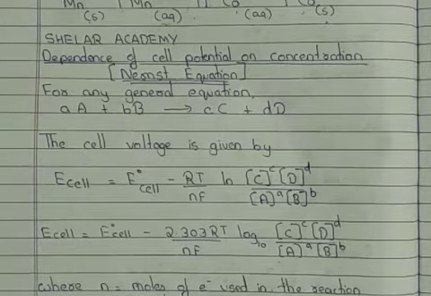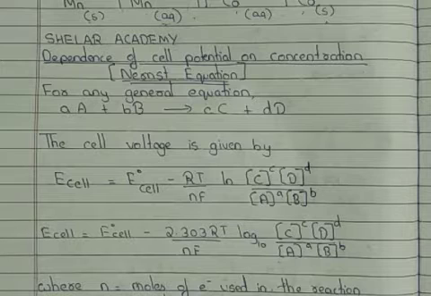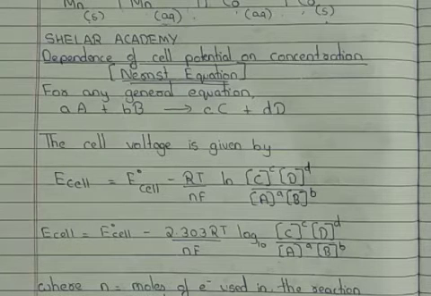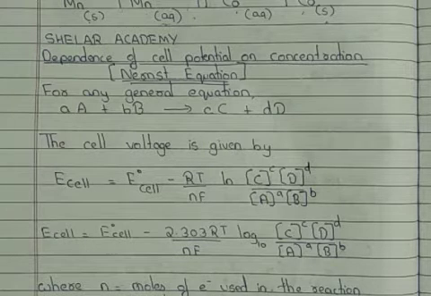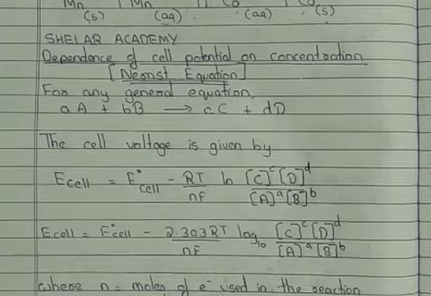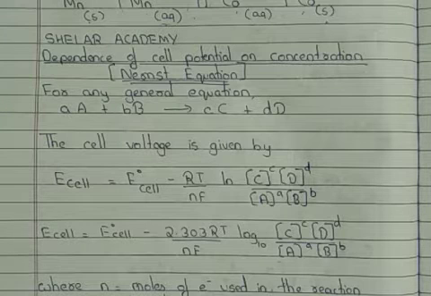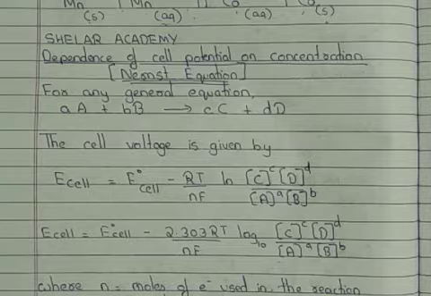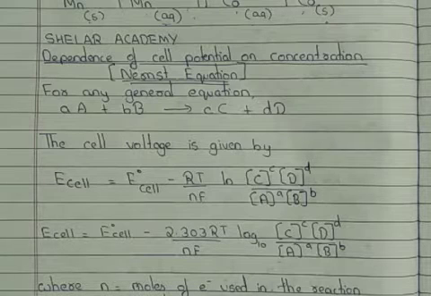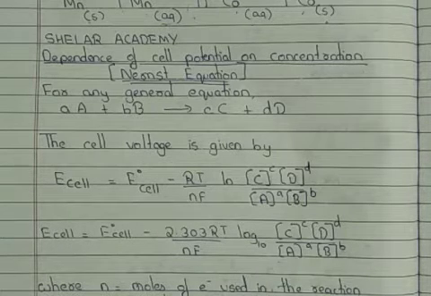In galvanic cell I have introduced you what is meant by salt bridge, what is electrode potential, what is oxidation potential, what is reduction potential, what is standard cell potential. Then last lecture we also saw how to write down the representation of galvanic cell or how to write down the cell reactions.